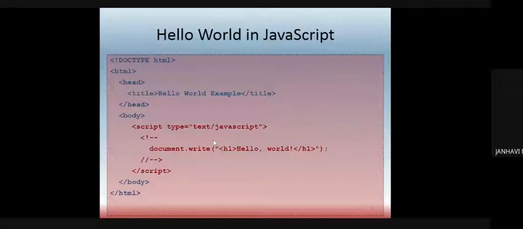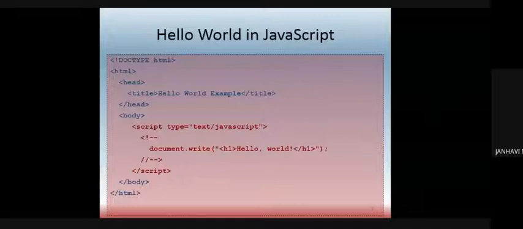And there is one more which I had taught you, that is document.writeln, that is on a new line. So both of these statements help you to display this particular text onto the screen, and they have the header1 property applied to this text. So I've closed my comment statement, closed my script, closed the body, closed the HTML. This file I have to save with the .html extension. Wherever I find HTML, it has to be saved with .html. So save it, suppose, as one.html and run.